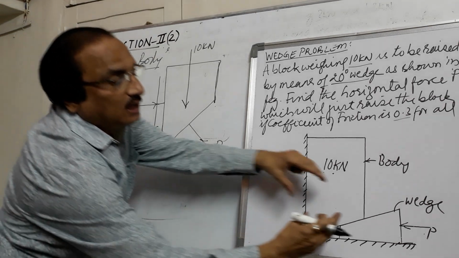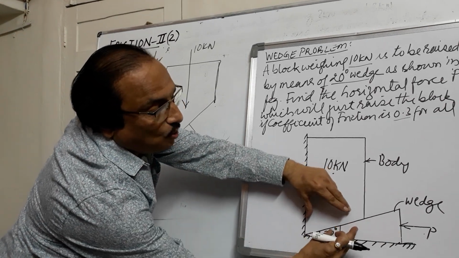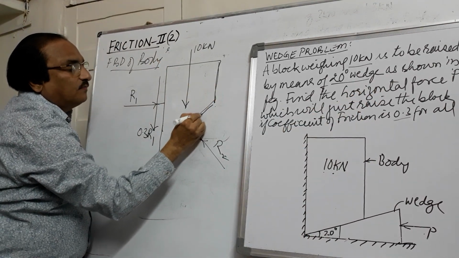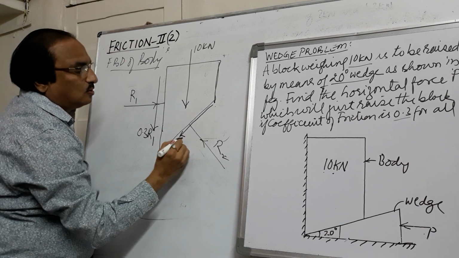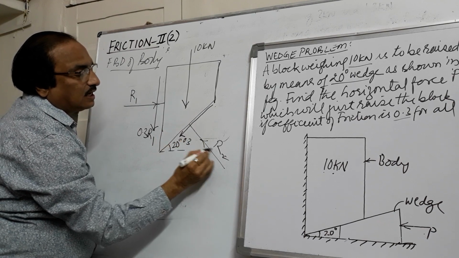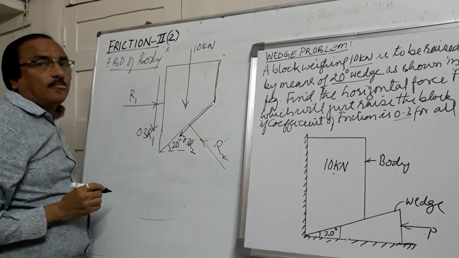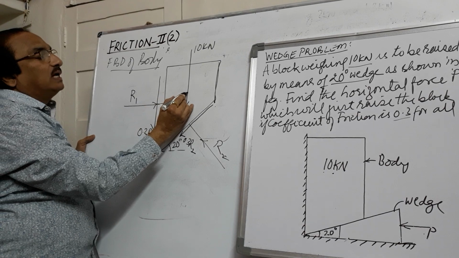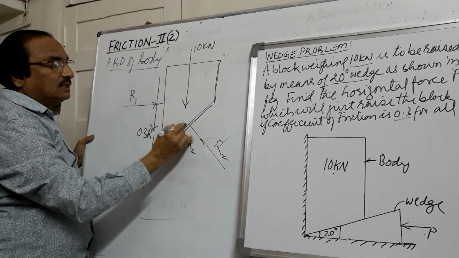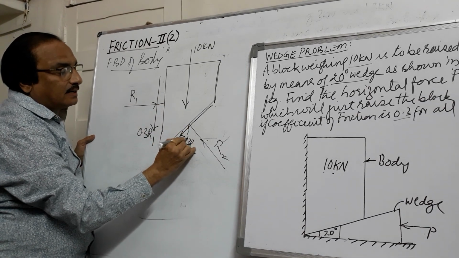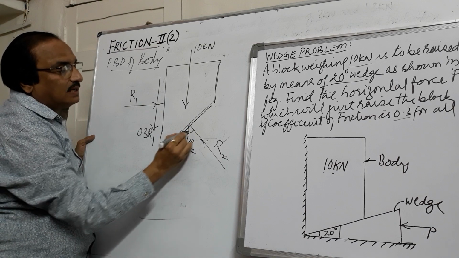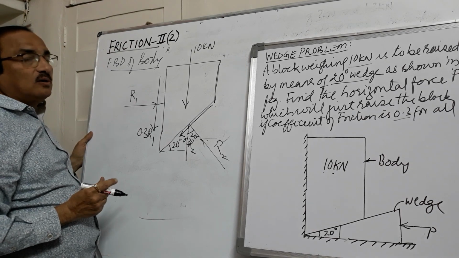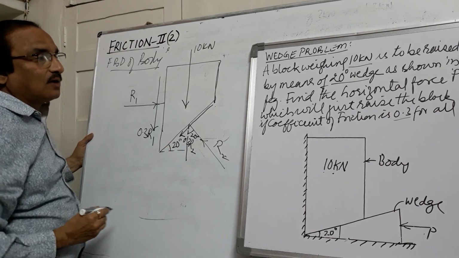Now this is important. If the wedge is moving left, means the body is moving on the wedge. So when the body is moving on the wedge, the force of friction will be down the wedge parallel to this, and this will be 0.3 corresponding reaction R2. Now this is vertical, vertical, horizontal. This is inclined. If I draw a line here, this angle will be same as 20 degrees. Now with this you can find out the required reaction R1 and R2.